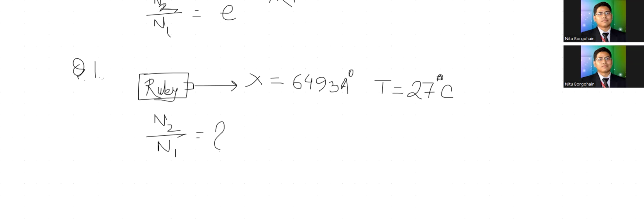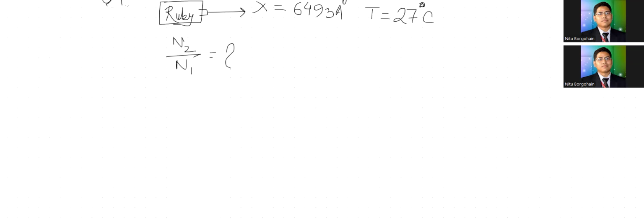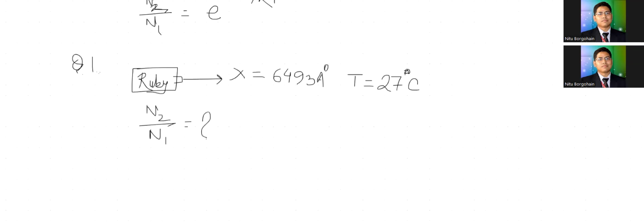Okay, so let's discuss then. We have been given a few pieces of information. We already have the wavelength, 6493 angstrom, and the temperature, which is 27 degrees centigrade. We have to convert this into